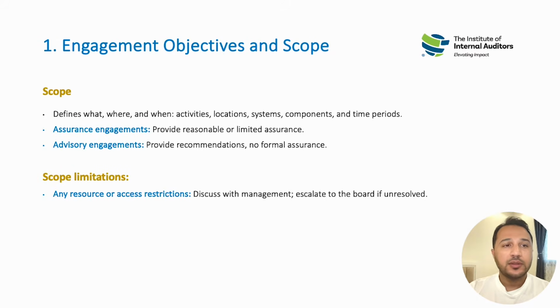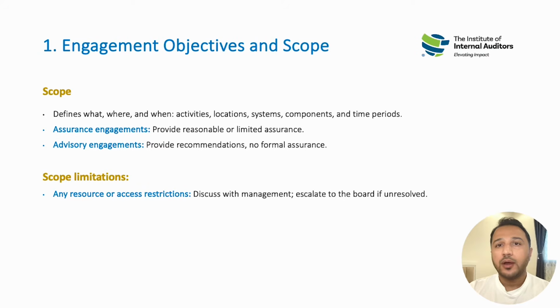The next step is to determine the scope. The scope is how far we will go in this audit engagement in order to achieve our objectives. What is the time period that we will be covering? What are the locations? Locations are especially important if, for example, you're doing a retail outlet audit. Let's presume that the company has 50 outlets. How many are you going to cover? 10, 20, 30, or all 50?